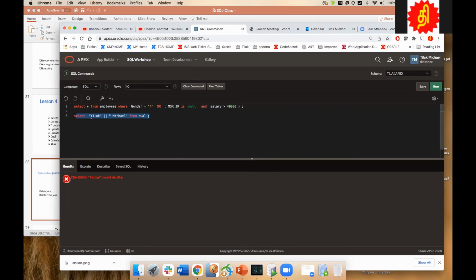Oh, sorry, it's a single quote. It's always a single quote for characters, not double quote. So dual is an internal mechanism that works like a table.